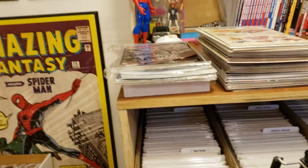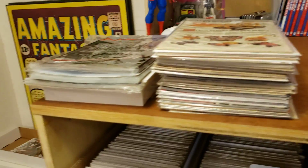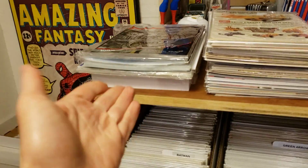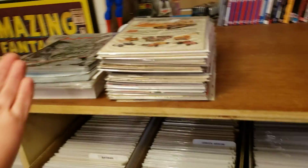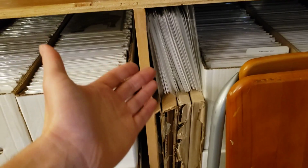So now, before I wrap this video up, I just want to show you guys a little bit about what's going on up here too, in terms of organizing supplies. So I have backstock supplies that I just showed you. And I have bags and boards that I use on a daily basis over here and over here, right? And then I also have excess stuff. These are excess used bags and boards that I will still probably